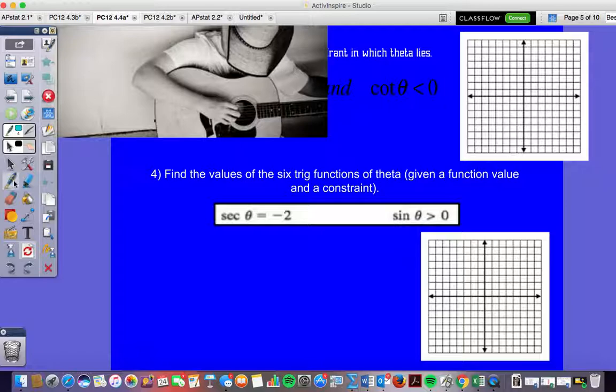Now, Caitlin, did I give you a ticket yet? No. I'm going to give you 2 if you can get this right. You ready? What do I do now in order to solve for my 6 trig ratios? It's all in the setup, right? We talked about how it's in the second quadrant. You were right. Make a triangle. What would I do, Caitlin, to be able to help us out with that? We'd have to convert it to